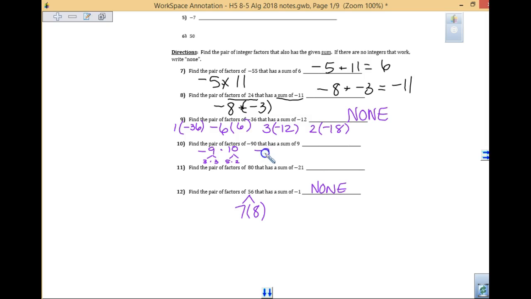So what if I go with negative 3? Negative 3 is going to have to be times how much? 30. And you probably knew that one. So that doesn't help us to get to 9, right? So now instead of 10, maybe I go with 15. If I go with negative 15 and 6, now that's the closest one, right? But does it give me positive 9? No, it gives me negative 9. So what do I have to do? I have to change the sign to be negative 6